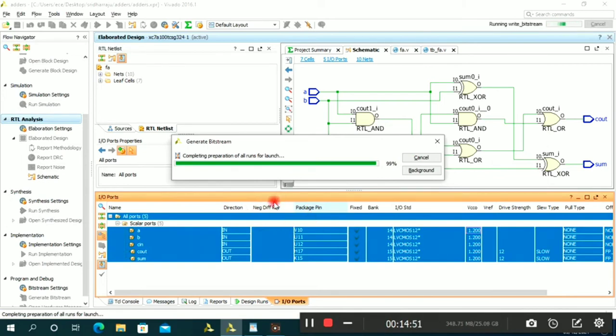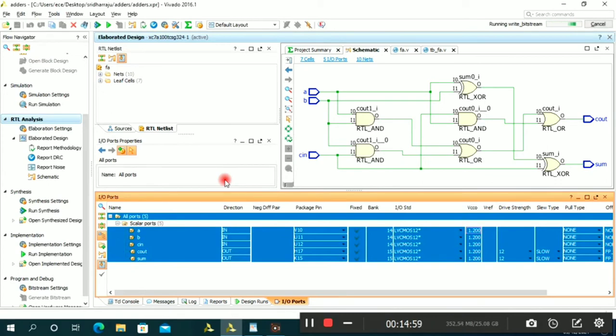So our .bit file will be generated. Bitstream is running. After this bitstream process is completed, that means the .bit file is generated in our project.